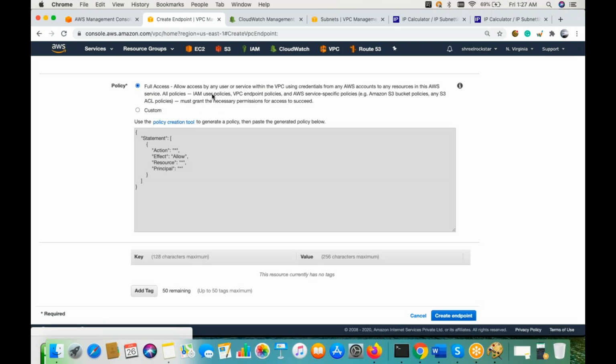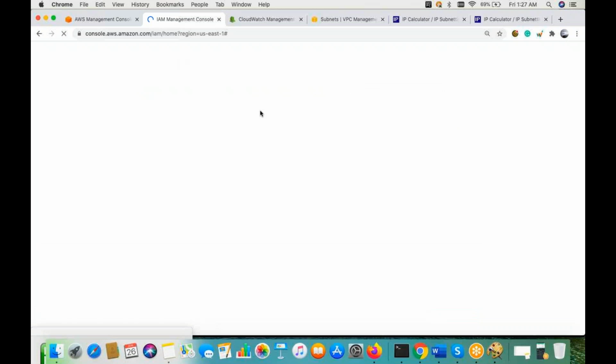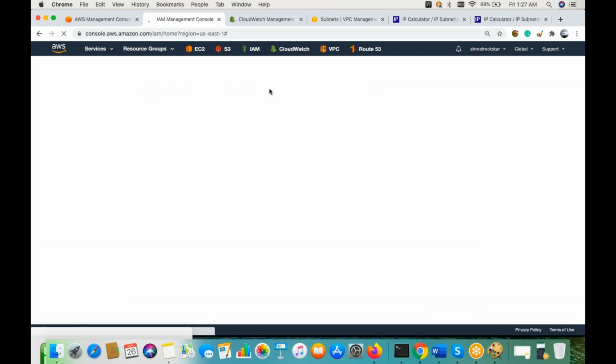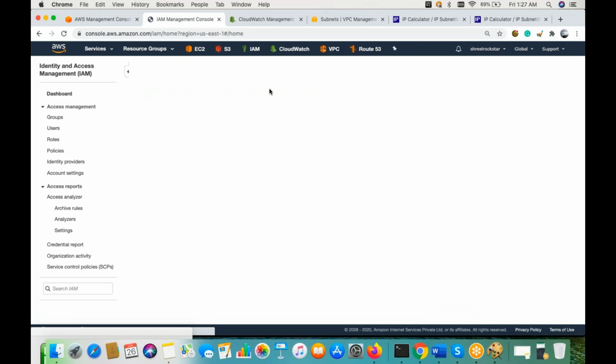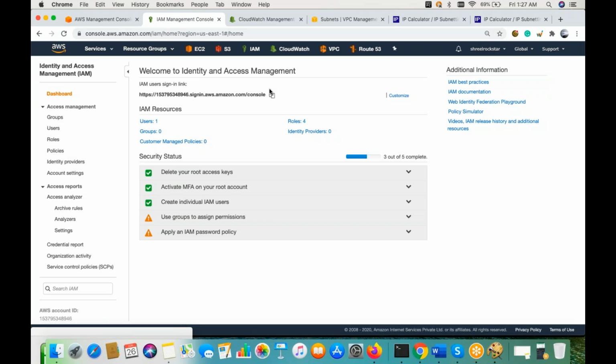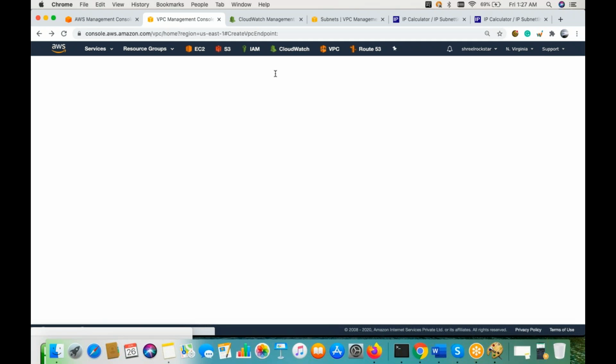There is another service, IAM, which we just discussed in today's session. In IAM you have a user available, and if you give that user access to S3, and my S3 already has the endpoint with my VPC, I can access it without any other restriction. That is the benefit of the endpoint. Okay.